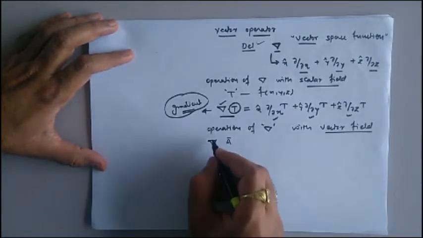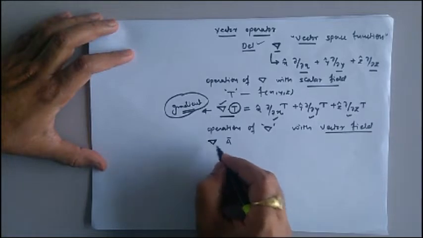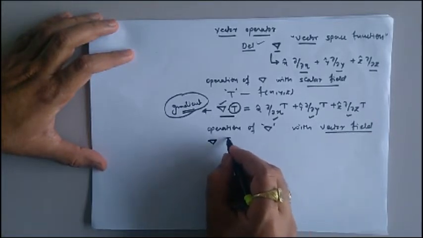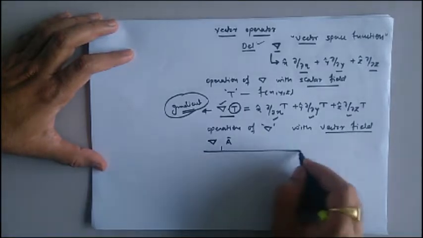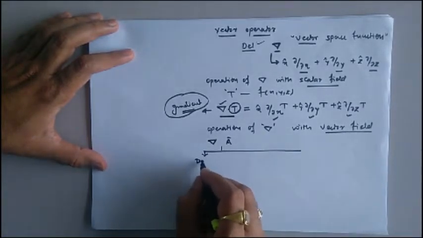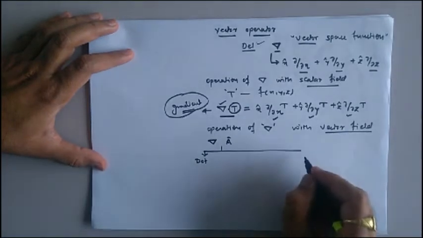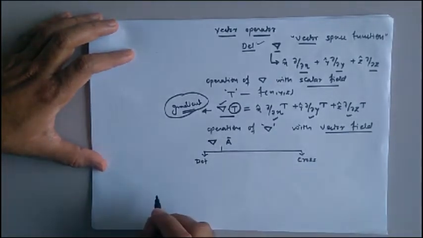अब यहां देखो ये जो डेल है ये अपने आप में एक वेक्टर है और मैं बोल रहा हूं कि ये जो ए बार है ये भी एक वेक्टर है. अब ये दो वेक्टर्स का मुझे मल्टीप्लिकेशन करना है तो यहां मेरे पास में दो पॉसिबिलिटी है. एक तो मैं डॉट प्रोडक्ट टेक्निक का यूज करके इनका मल्टीप्लिकेशन कर सकता हूं या तो फिर मैं क्रॉस प्रोडक्ट टेक्निक का यूज करके इसका मल्टीप्लिकेशन कर सकता हूं.